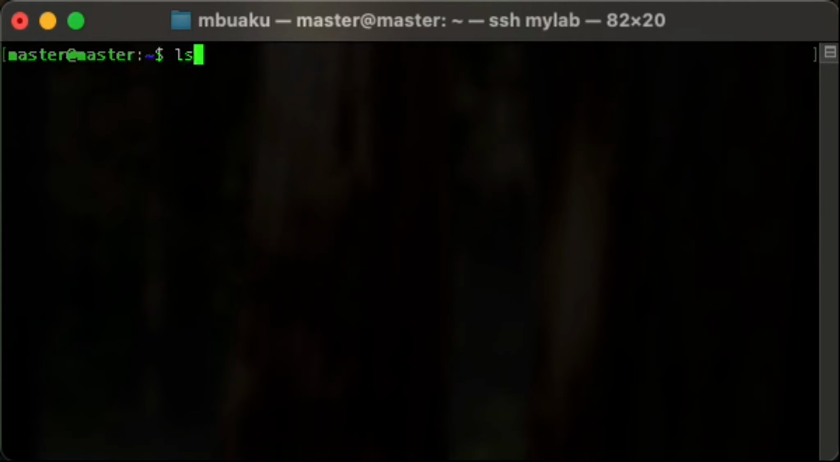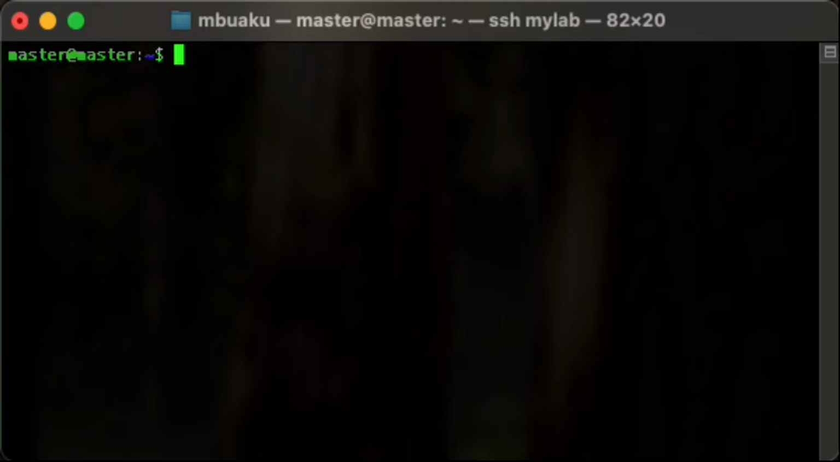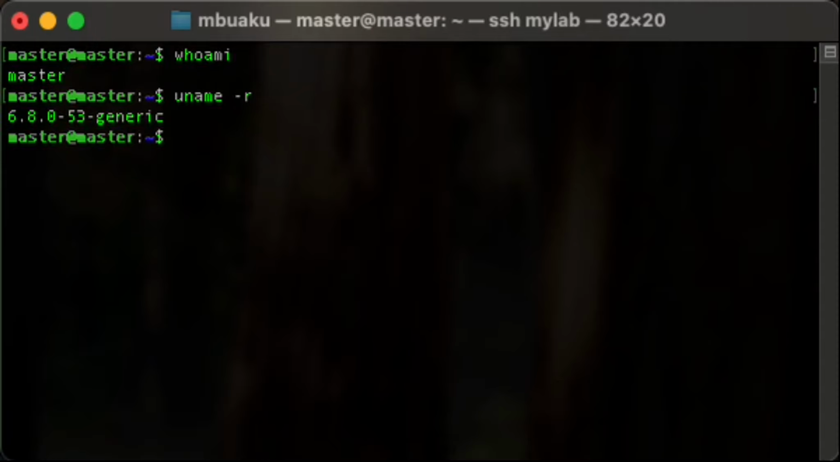Okay, you can see I'm inside my lab. You can run commands inside my lab. My lab is made up of Ubuntu, so you can run commands to show you, like, whoami. You can see the user. My user here is master. You can run commands such as uname -r,